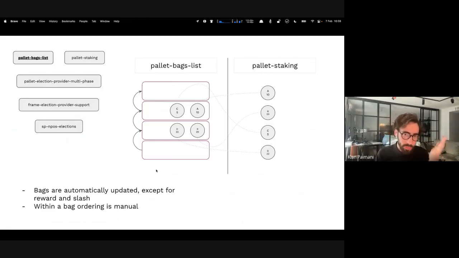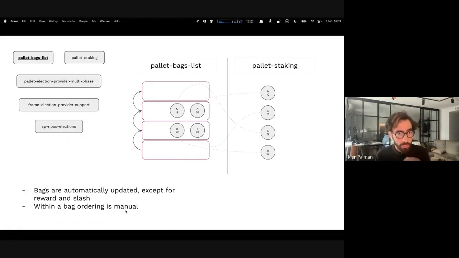Once we want to iterate and get the best voters, we can use these bags, and we can start from the highest value bag and then go to the lowest value bag. So basically these bags are like a linked list, but within them the ordering is not enforced. Users themselves can claim that, hey, I have more stake than that guy, I should go in front of him. It's an operation that we call rebagging,